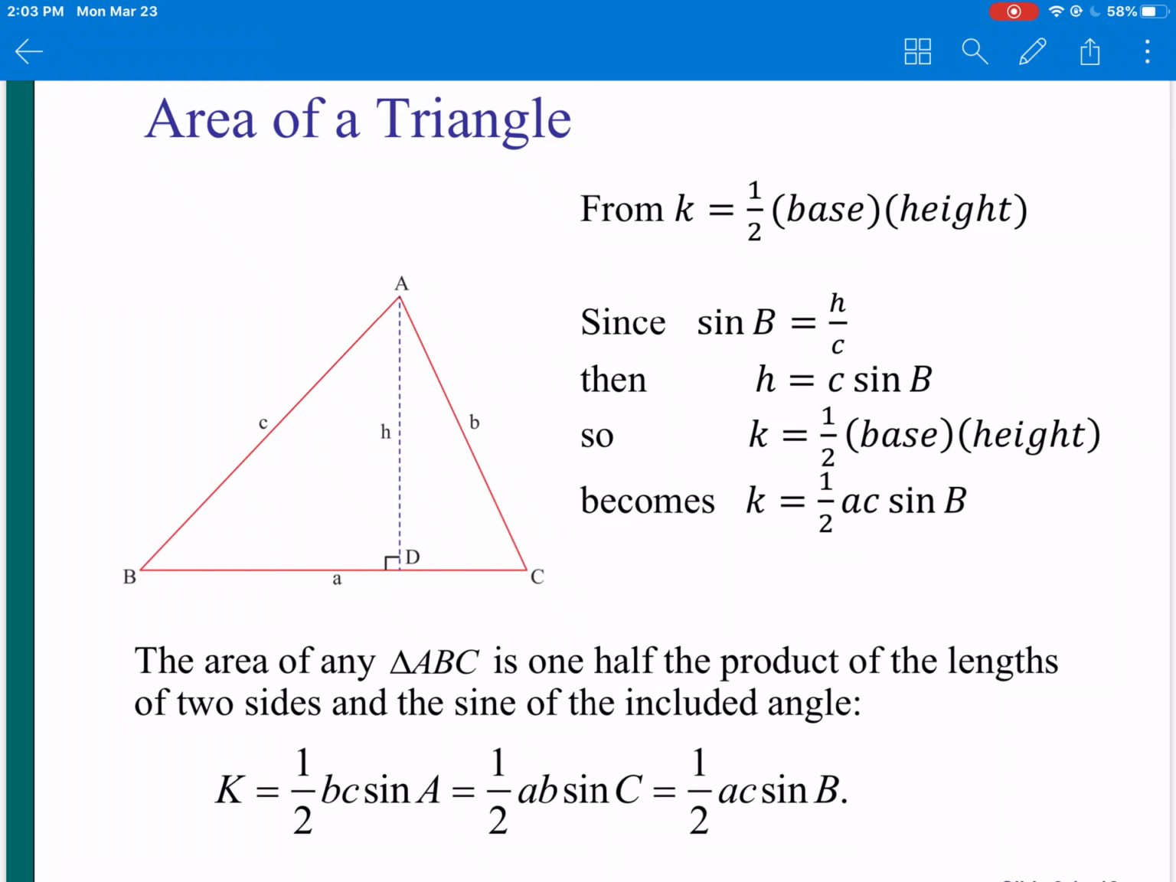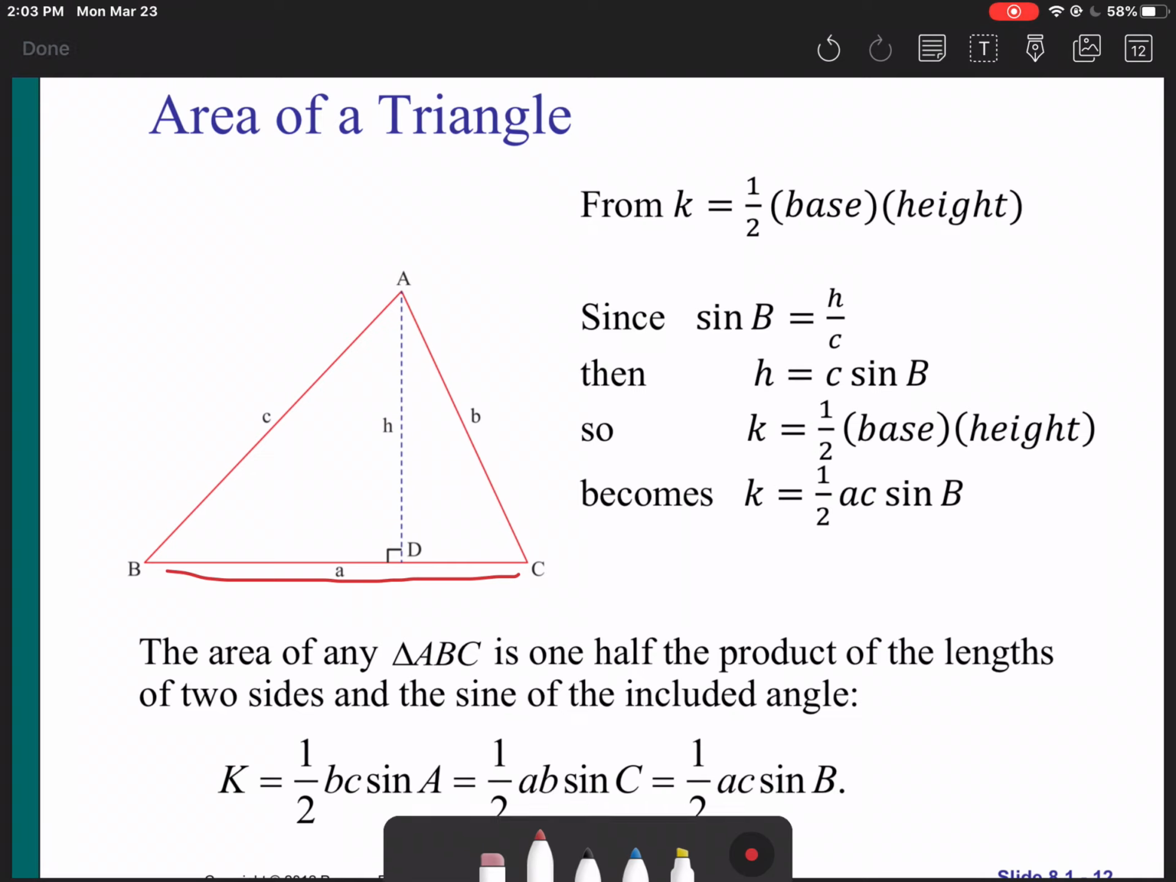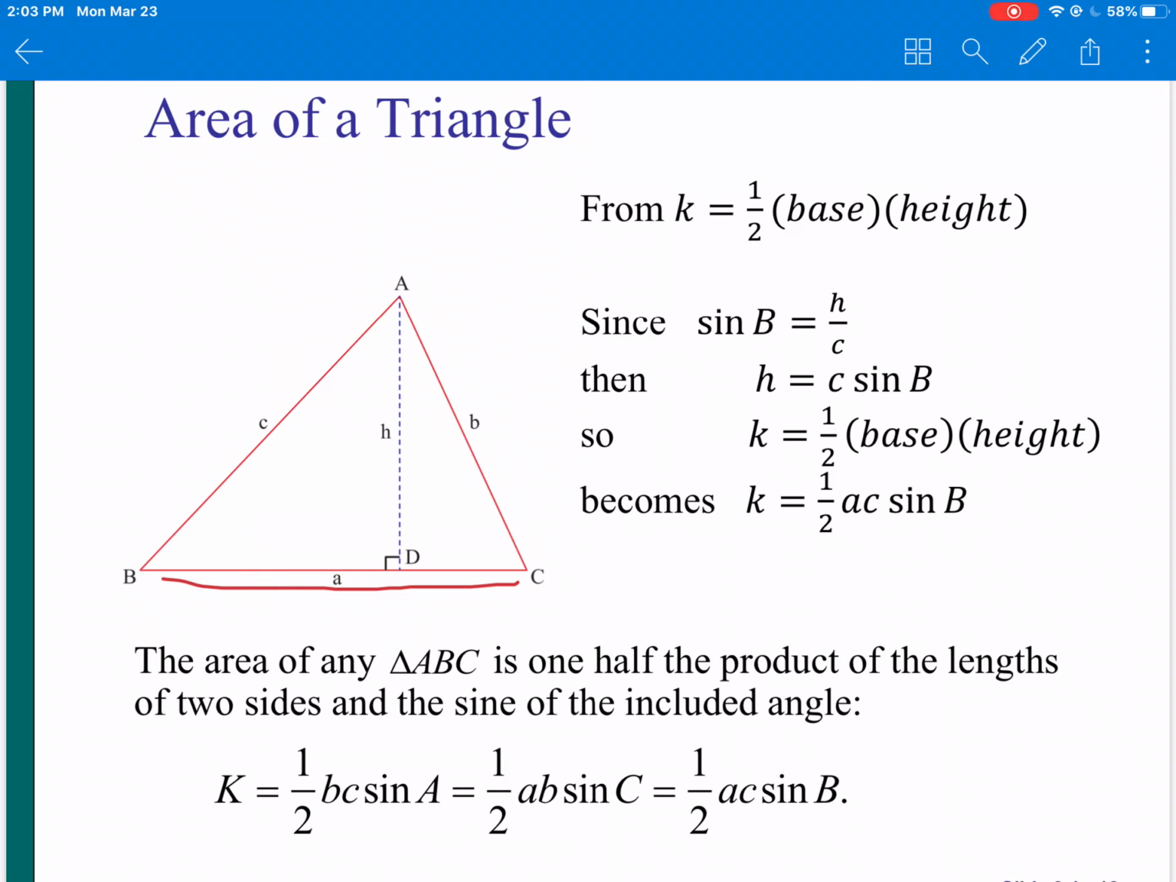Here's our triangle, triangle ABC. Now I've drawn in a height for that triangle, perpendicular to what we could call the base of the triangle. So the height is measured perpendicular to the base. Whichever one you measure the height from, that's the side that's called the base. So our base in this case is side A. So if we take that 1/2 base times the height,